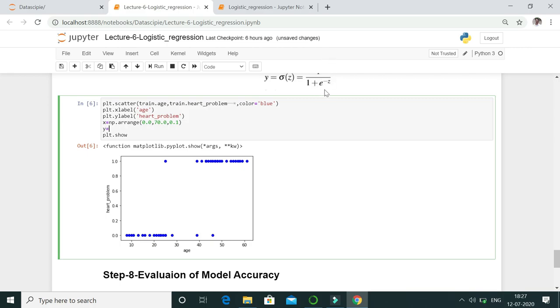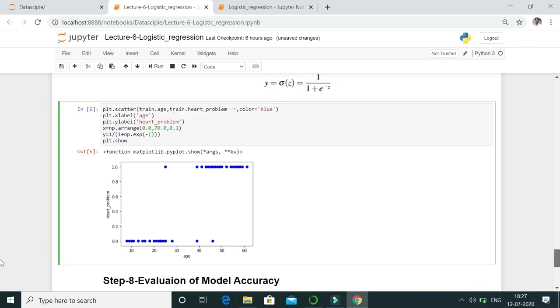Okay. Next, we will define our y parameter. y is equal to what? 1 upon 1 plus e raised to minus z. So 1 upon 1 plus, for e we utilize np.exp, raised to minus z. What is z? z is equal to w x plus b. What is w?